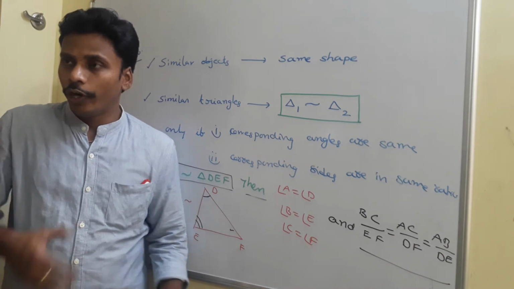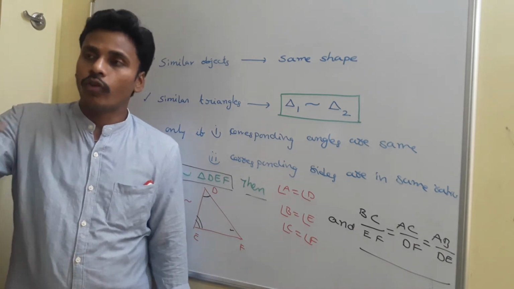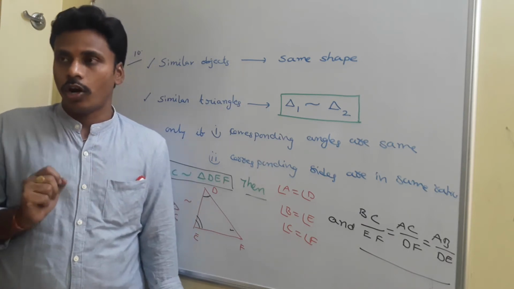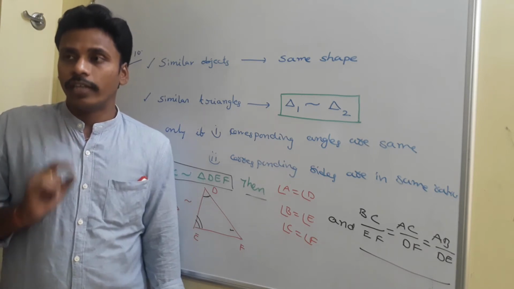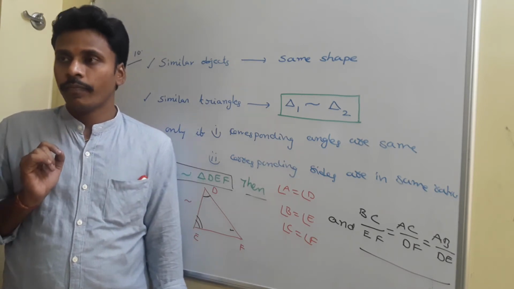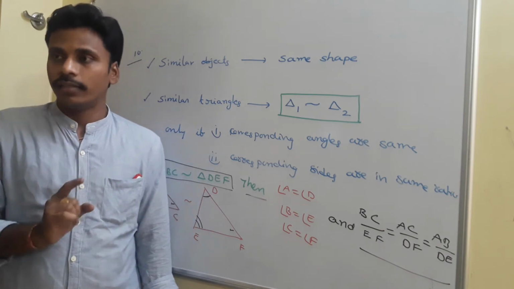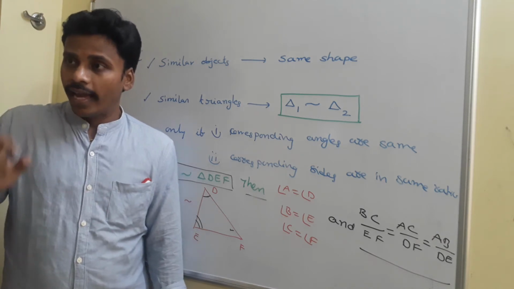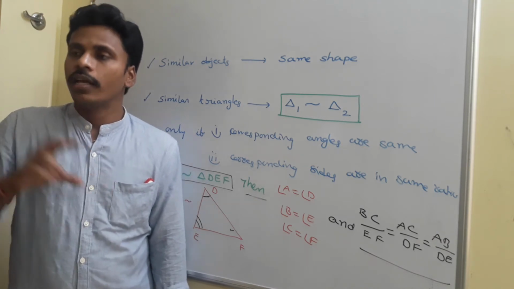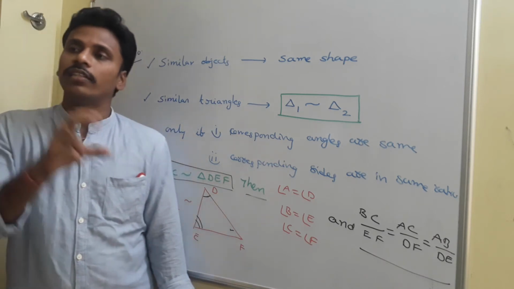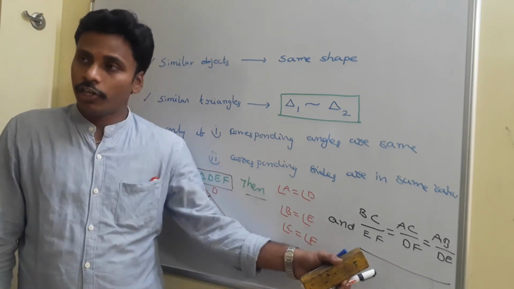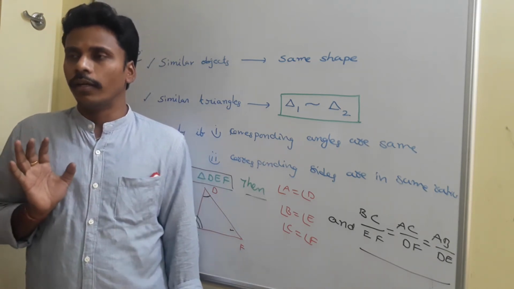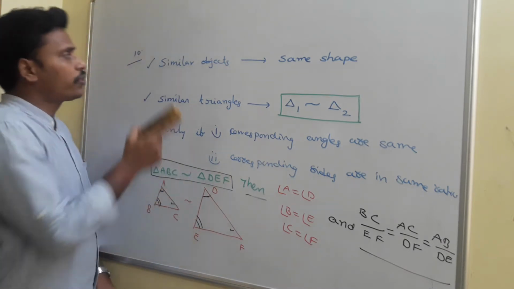Suppose I give you 2 triangles, triangle 1 and triangle 2, and you need to check whether they are similar or not. How can you check? You will check by observing their angles and their side lengths, right? That means you need to check 6 conditions: angle 1, angle 2, angle 3 of this triangle and that triangle, side 1, side 2 and side 3 of this triangle and that triangle. If the sides maintain the same ratio and their angles are equal, then it is easy for us to declare it as similar, right?